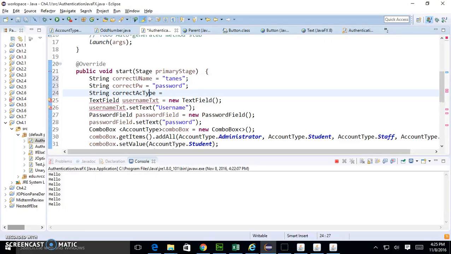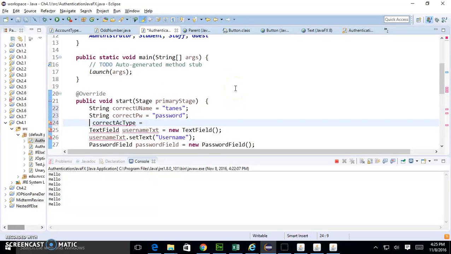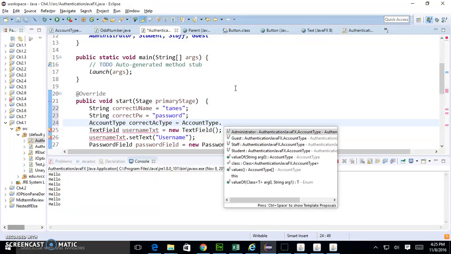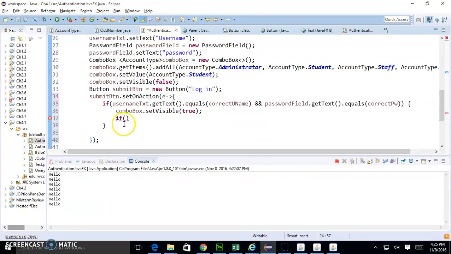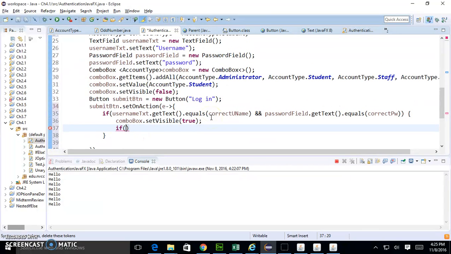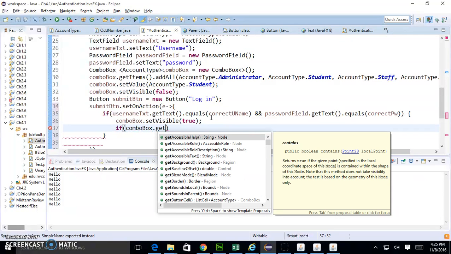It cannot be string though, because we have enum, right? And it has to be typed as enum, because we haven't used enum, right? So just set it to student1. Now we can compare. So we have to get the values from the combo box after that, right? Dot get